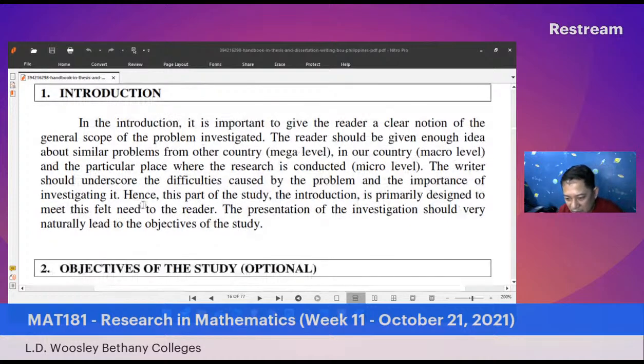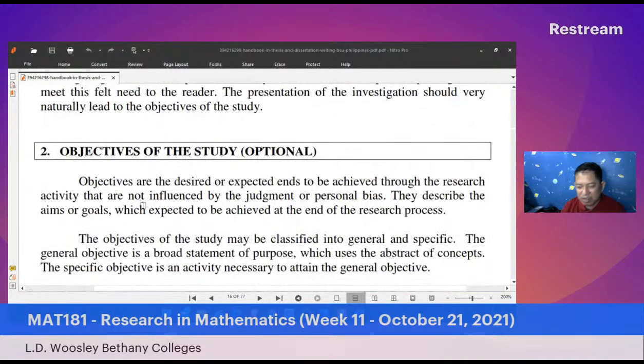So we have the objectives of the study, which is sometimes optional. However, these are the desired expected ends to be achieved through a research activity that are not influenced by judgment or personal bias. This must be, hindi dapat ito pangunahan ng mga personal na